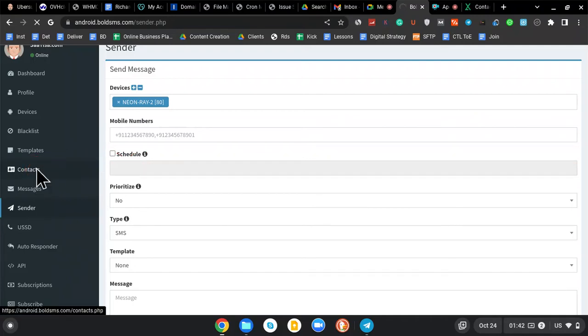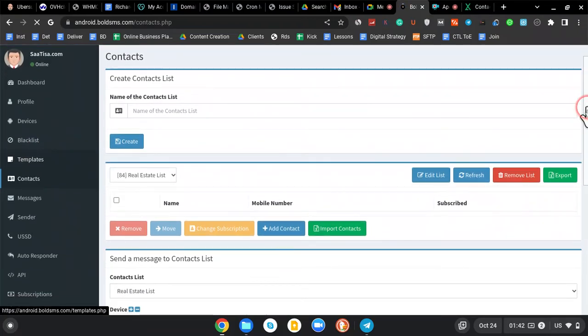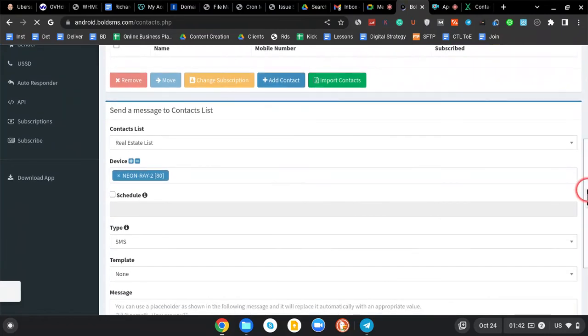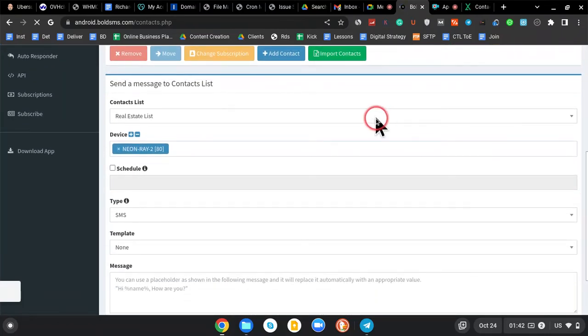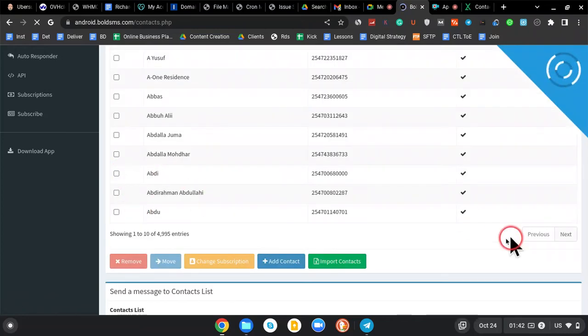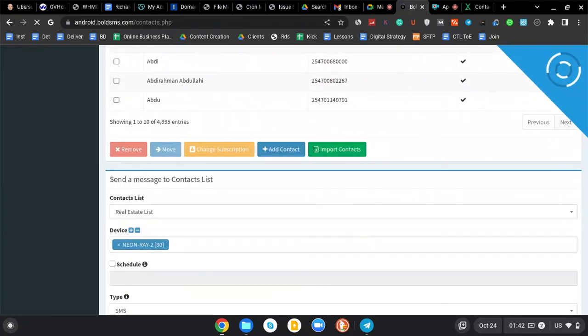is this part of contacts. This is where I would recommend you run your campaign from. I find it more friendly because I believe you'll be doing it in bulk. It is better this way because you'll be able to see your list here. You'll be able to see your devices. You'll be able to do your scheduling, and then